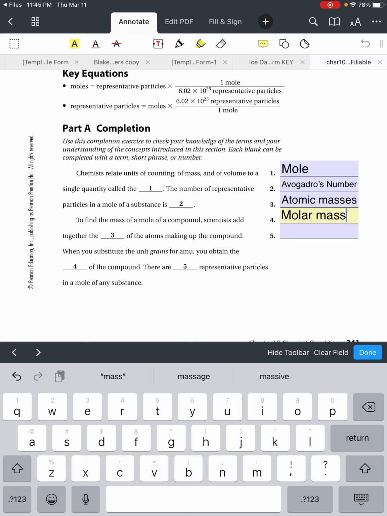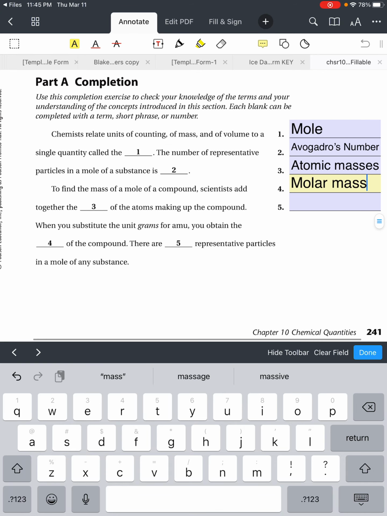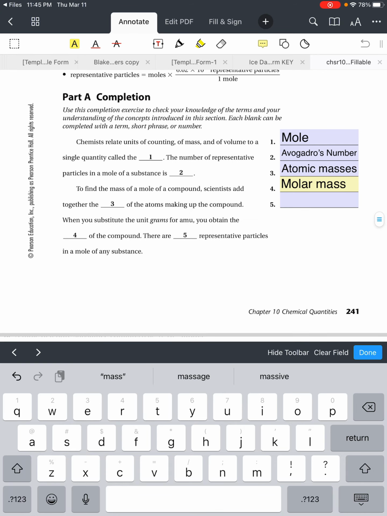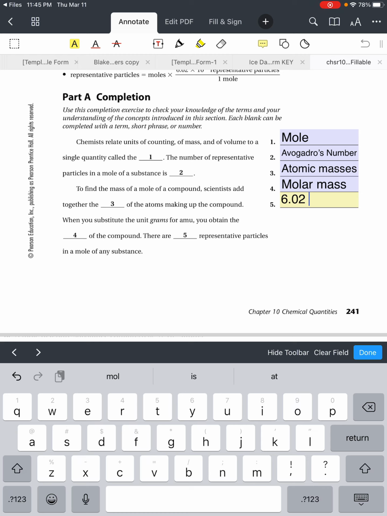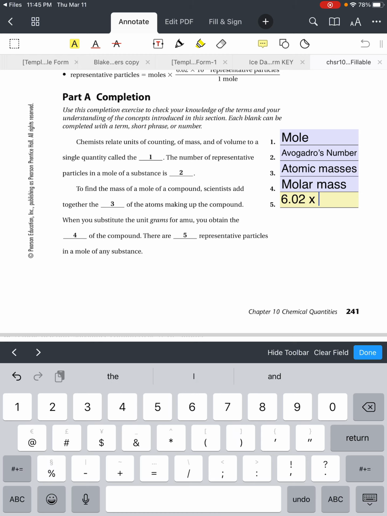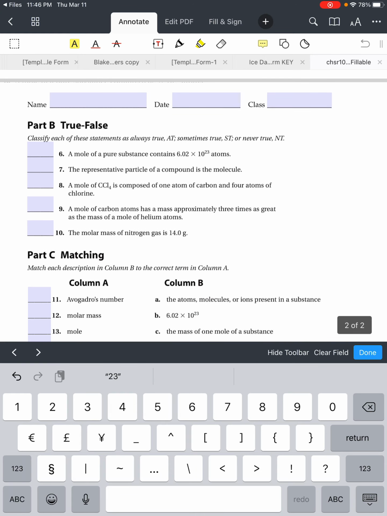And finally, there are blank representative particles in any mole of substance, and that would be, for us, 6.02, I guess, is good enough, times 10 to the 23rd. I can't do superscripts here, so I'm going to use this little caret symbol, 23rd. And that is Avogadro's number. So let's go through these quick